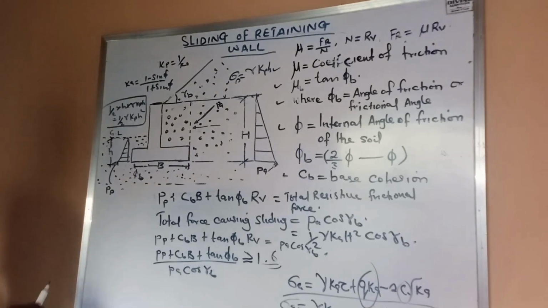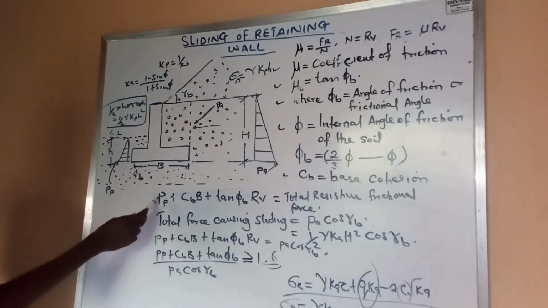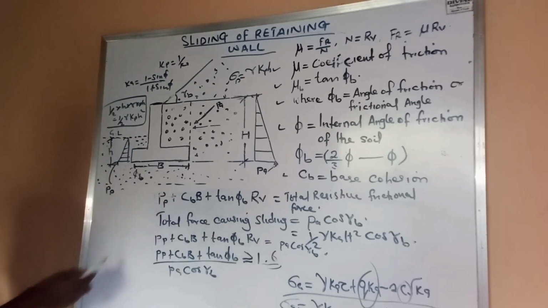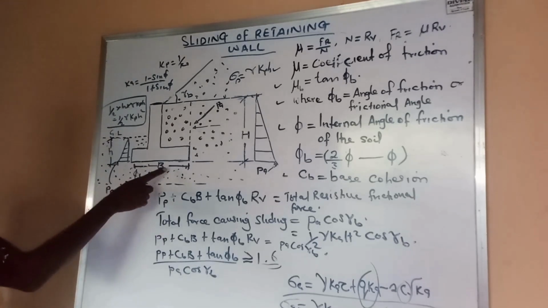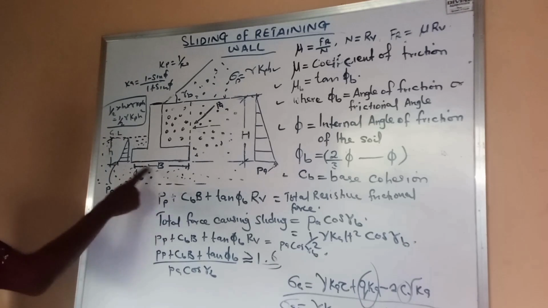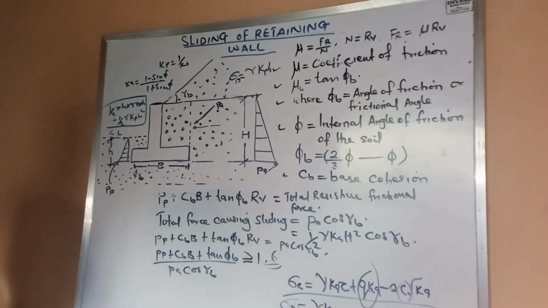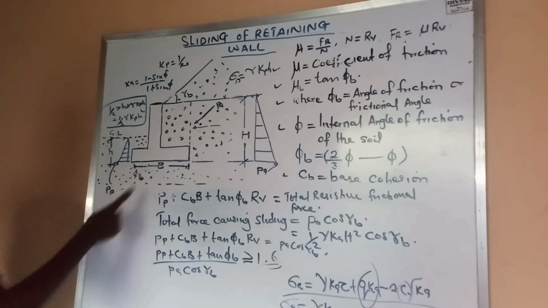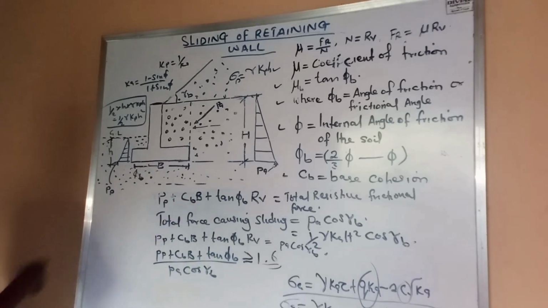All right. So let's take the total forces. Let's call the total force due to the pressure on this side our passive force Pp, plus the force due to the cohesion of the base. Remember, the cohesion is a pressure, so we'll convert it to become a force by multiplying it by the distance under the base of the footing. So it becomes Cb, which is the cohesion of the base soil, times the breadth of the footing. That will give us the frictional resistive force due to cohesion of this base soil,